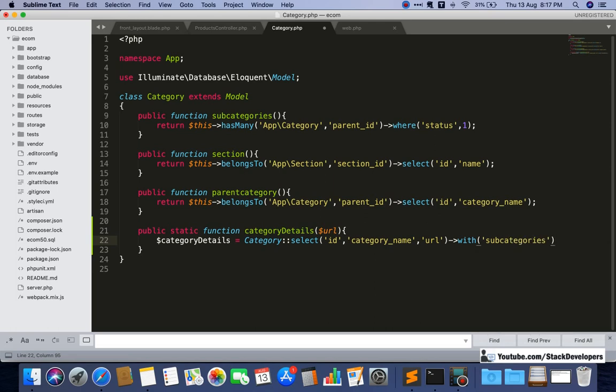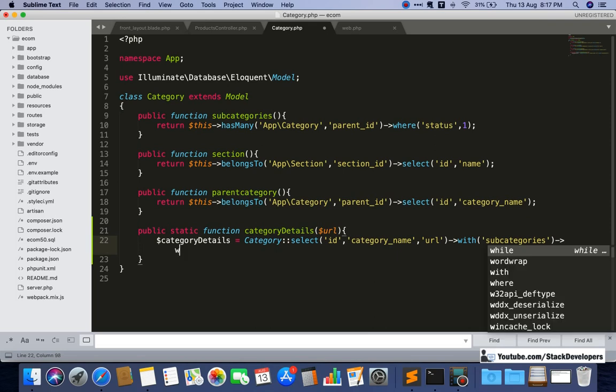Then again we need to add the condition from which we will fetch the details of the particular category, and that we will fetch from the URL. We are already passing the URL, we get it whenever a user opens any listing page.